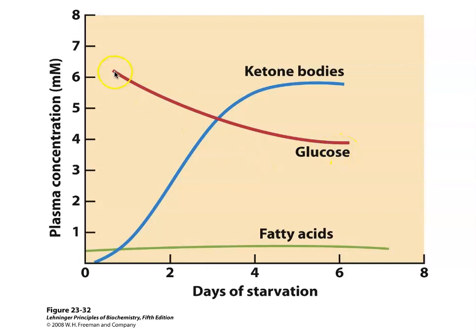So when the glucose concentration starts falling under a certain threshold, we can see the ketone body production going from basically zero at first and starting to increase slowly. The slope is a little bit smaller at first, but after about a day, and especially after the second day, the production increases dramatically, and then it plateaus